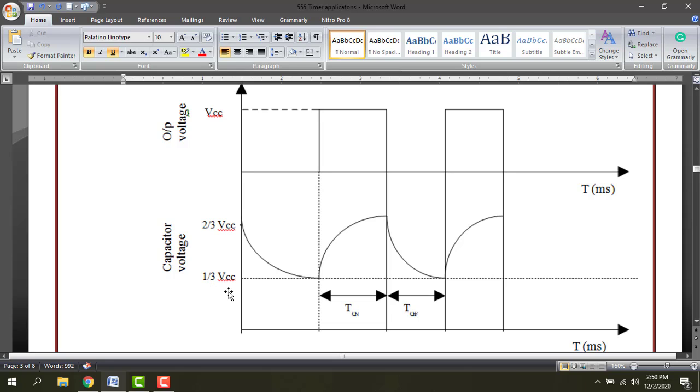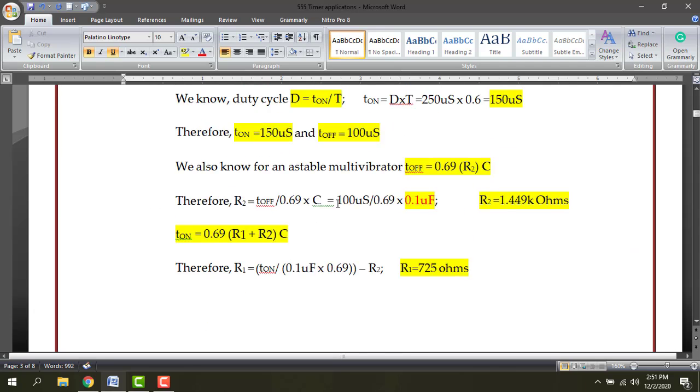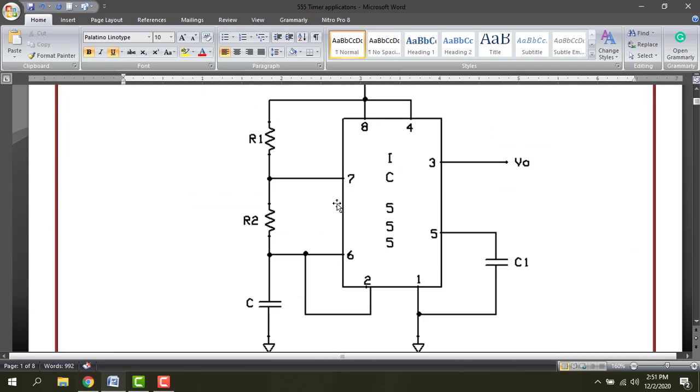VCC we are going to apply 9 volt, 9 into 1/3, this is its minimum value. Okay. And 9 into 2/3 is the maximum value. So the capacitance is always charging and discharging in between 1/3 VCC and 2/3 VCC. Keep note of that. Okay. So now we are going to simulate this 555 monostable as well as astable multivibrator using